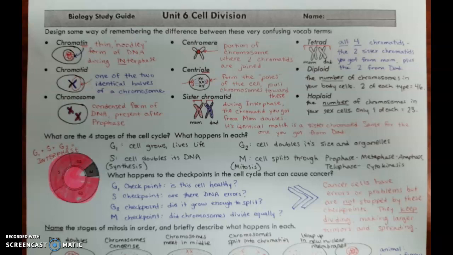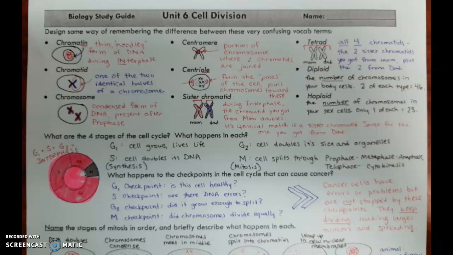Of the vocabulary for Unit 6 cell division. The first three that you've got on your review sheet are forms of DNA. So we've got chromatin, which is thin and noodly. It's present during interphase. Chromatids are half of a chromosome, and then chromosomes themselves are the most condensed form of DNA. And this is how we organize the DNA after prophase to start getting it to opposite ends of the